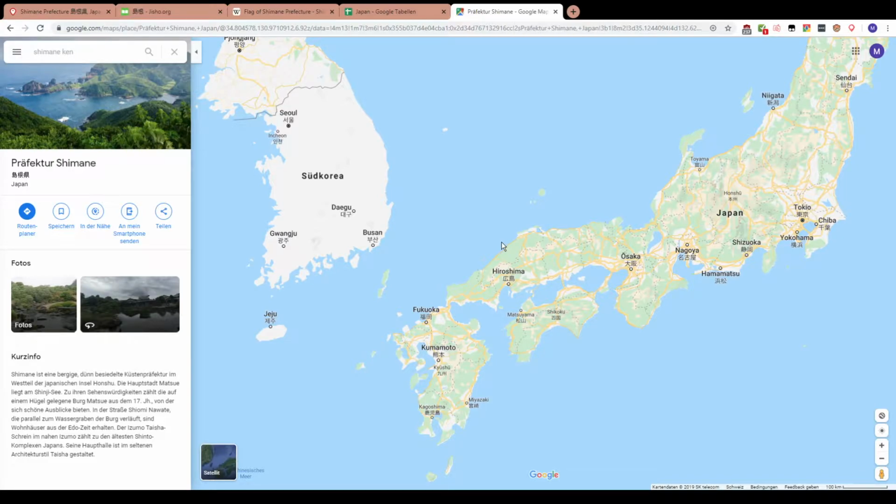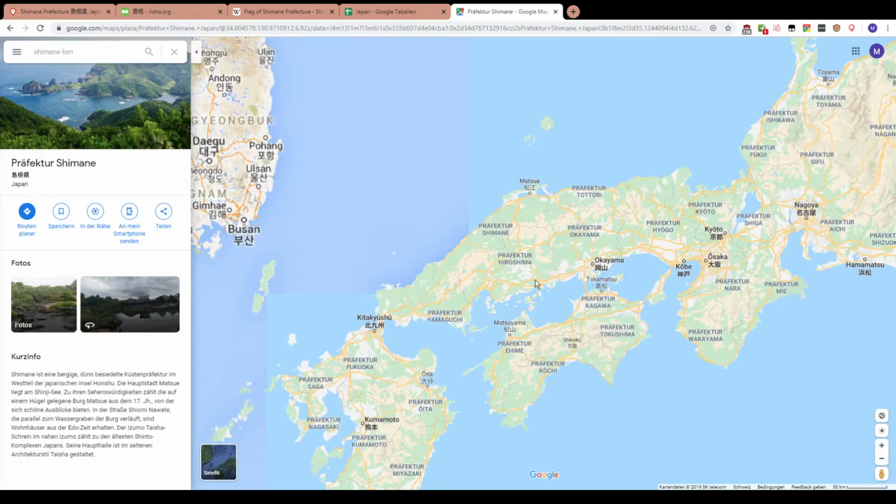Much more population on the east coast, except Shikoku and this peninsula. And Kyushu is also different. Kyushu is actually more western oriented. So what else is there to say? Oh yeah, the interesting thing is that even though Shimane is the second least populated prefecture, it actually